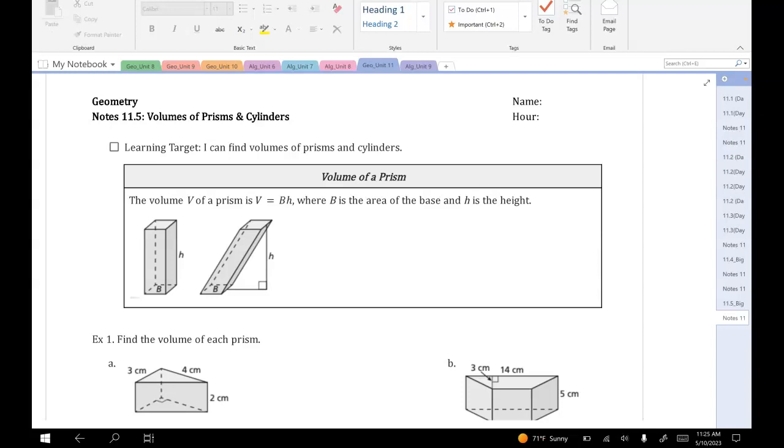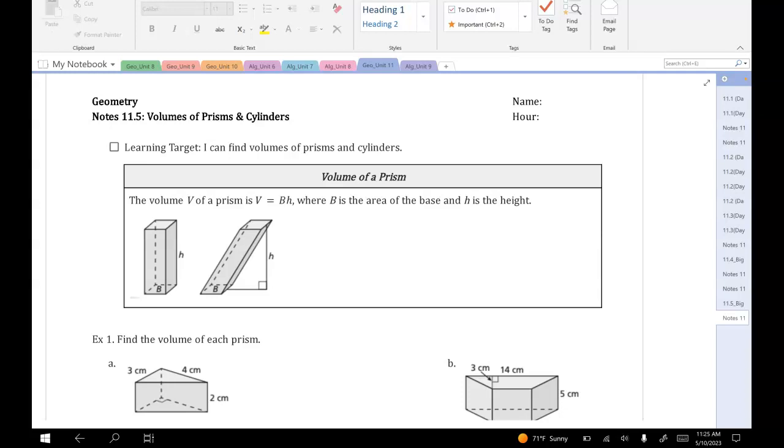Finding the volume of prisms and cylinders. And then tomorrow we'll do the volume of pyramids. When we talk about volume, we're thinking about the space inside. Like a water bottle, a common example,